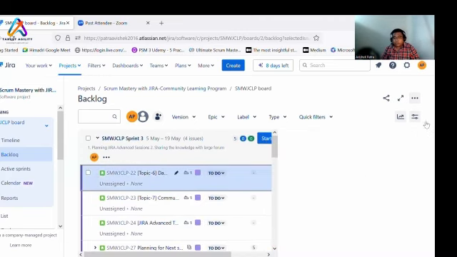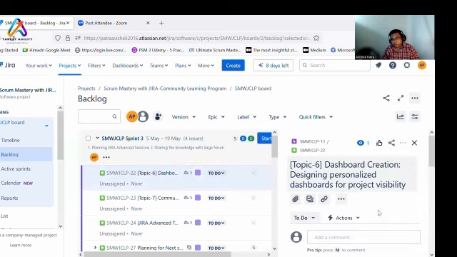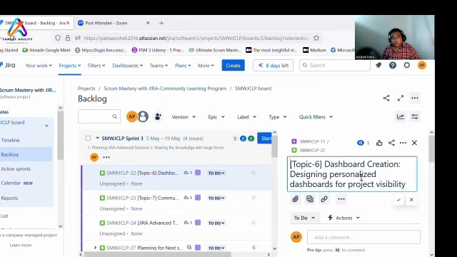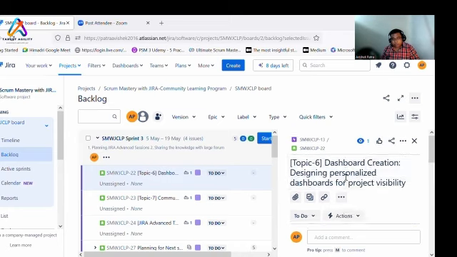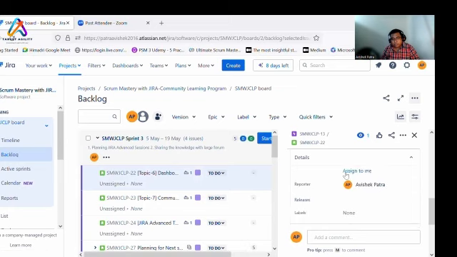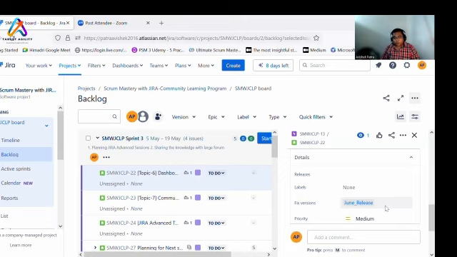I am not going to explain because that's what we are doing with teams. So here I will share one thing: in case you are working on one component of one epic, you can just use square brackets and mention which epic this story is part of. It becomes very easy to visualize and discuss the topic. So you add this, write the description, summary, whatever it is, and then, for example, I have added a fixed version of June release.